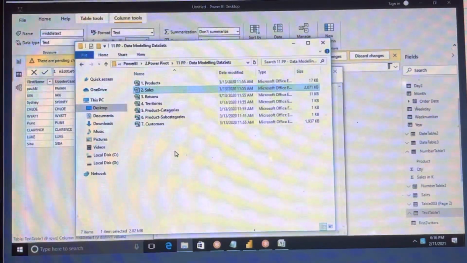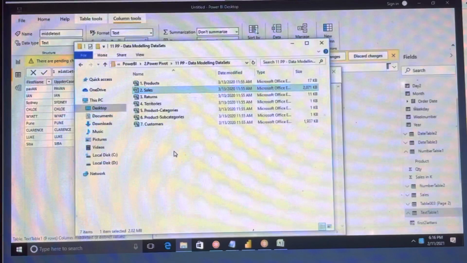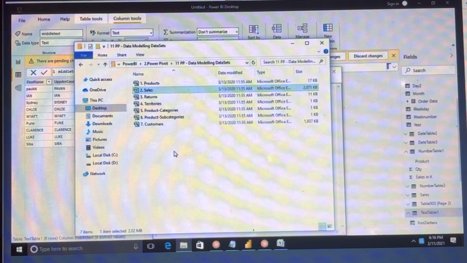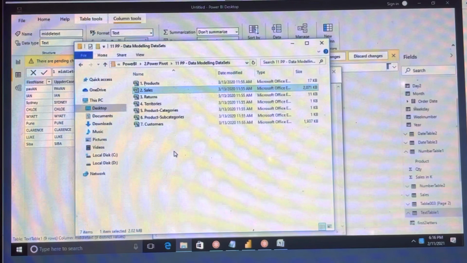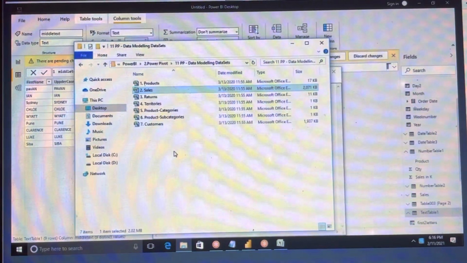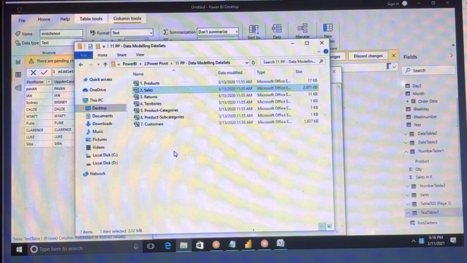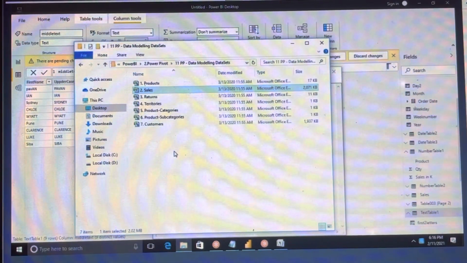And also, suppose I have price in one table and quantity in some other table, and I want to get the total sales. For that I want to multiply order quantity into price. For that scenario we have to use the RELATED function. That is a DAX function we have, so that however the relationship is, we can see all the related tables.